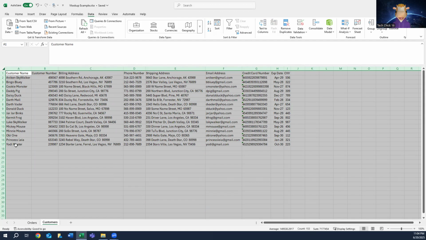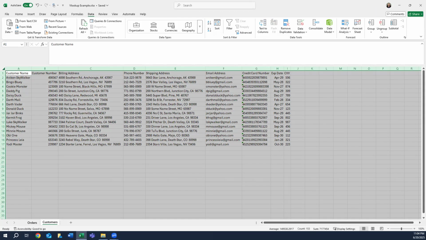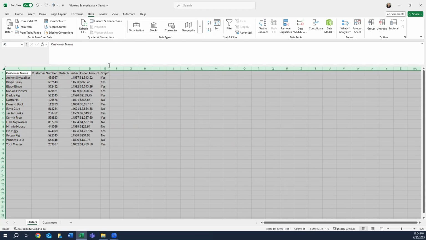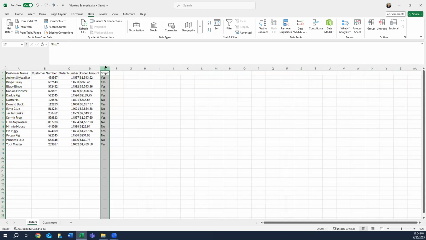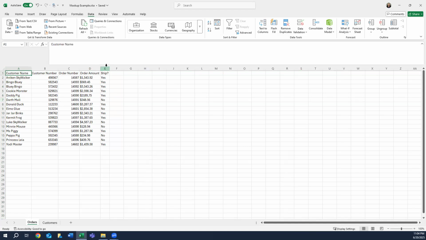Okay, now that our columns are sorted in alphabetical order, the next step is we're going to go back to orders and we're just concerned with the customers that want to ship, right? Because the customers that don't want to ship probably just bought their items in the store. So we could make a very complex formula with an if statement and a VLOOKUP. But to keep it simple and to keep this example simple, what we're going to do is we're just going